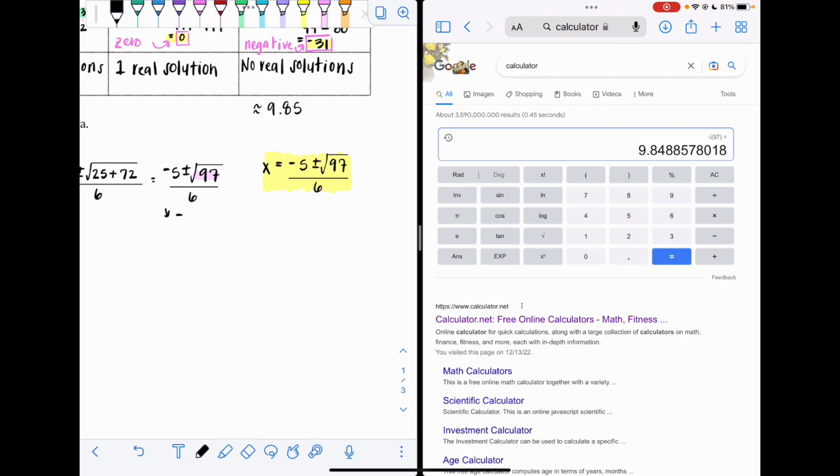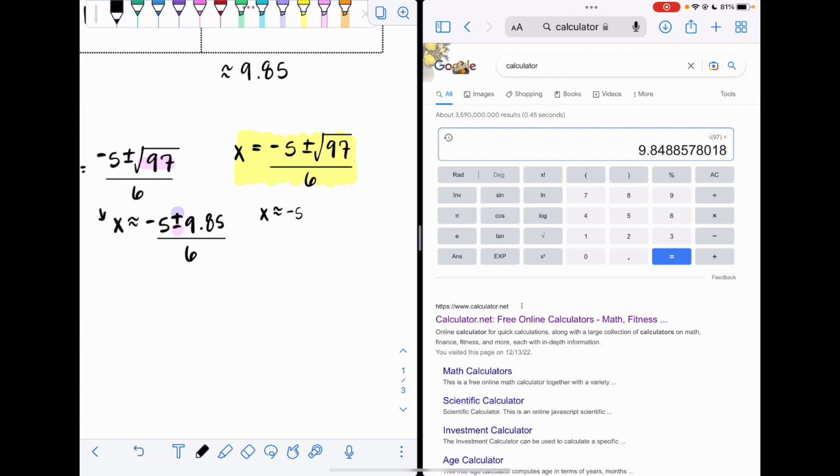So it'll be x, and one thing we do in math, when we approximate or get a decimal that we have to round, we change our equal sign to a squiggly sign, and that means approximately. So instead of exactly the square root of 97, it's about 9.85. So -5 and then plus or minus 9.85 over 6. And then from there, if I have my radical gone, I do have to separate this into 2 different equations. So one that has a plus 9.85 and one that has a minus 9.85. So I'll do that right here. So x is approximately